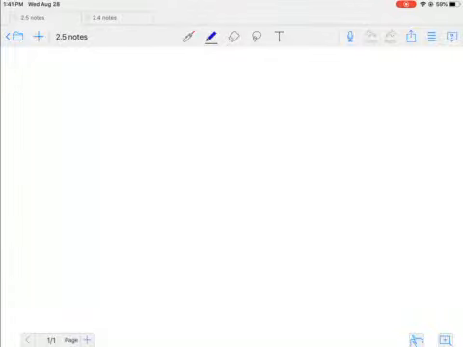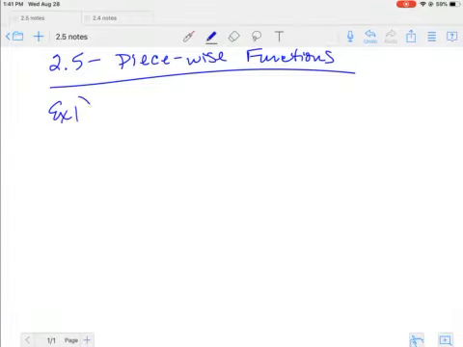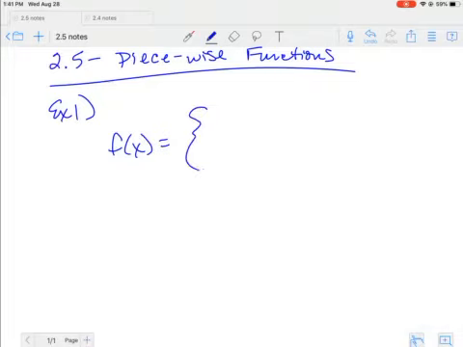All right, so now let's talk a little piecewise function action. So we've talked before, I think, that mathematicians are not creative. All right, so whatever it's called, that's typically what it is. And so for this instance, a piecewise function is just a little piece of a bunch of different functions put together. So for instance, like in example 1, I have f of x, and then you put these brackets on there,